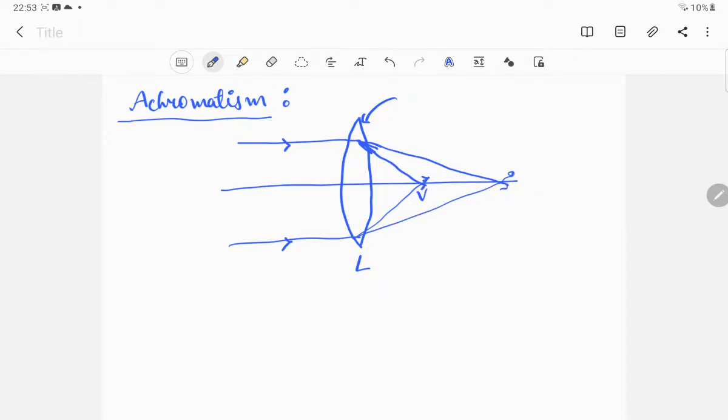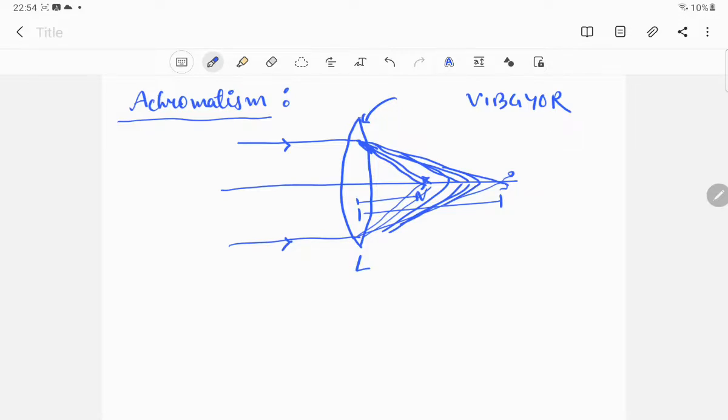So we have different focus for different wavelengths. For violet, the focal length is this much, for red the focal length is this much. So white light is carrying 7 colors, and if you want to get the image, you are not going to get a single image, you are going to get a bunch of images with different colors, with different wavelengths. So it's not a good image, it's a blurred image with different colors. Here you will have the indigo color, here the blue color, here the green, then yellow, then orange, like that. It's a kind of mess, so it is not at all a good picture.